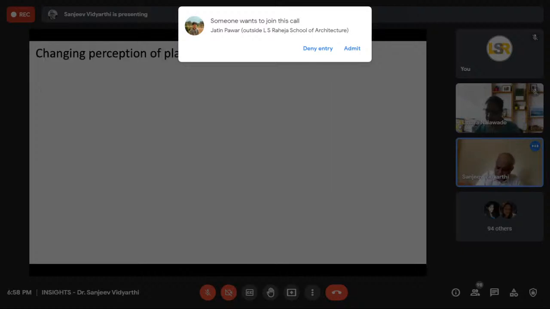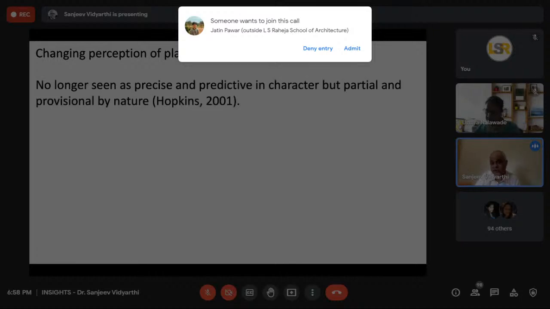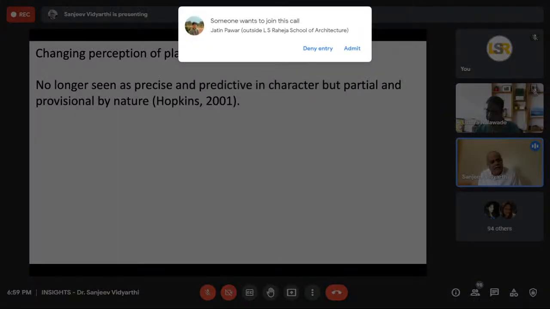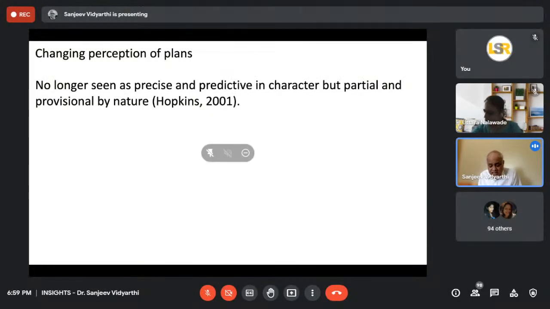So, अब जो plans का perception है वो change हो रहा है उस तरीके से. We don't think कि हमने एक plan बना दिया तो वो चीज वैसी की वैसी होनी चाहिए. We think of plans as partial and flexible and provisional. Why do we do this? Because जैसे जो master plan बनते हैं वो normally we make them for a 20-year horizon. This is let's say 2021 तो हम अभी अगर master plan बनाएंगे जैसे दिल्ली का भी बना है, it's a draft stage, it just came out a few weeks ago. So 20 years horizon, 2041 के लिए बनाएंगे.